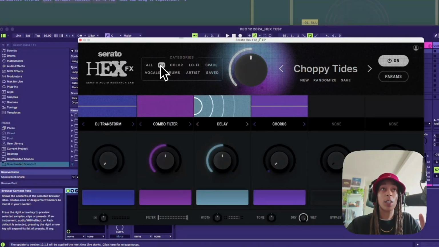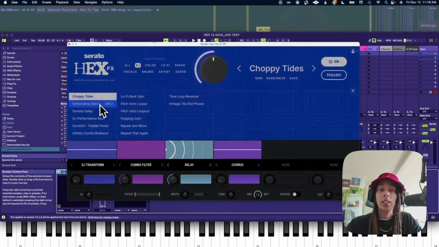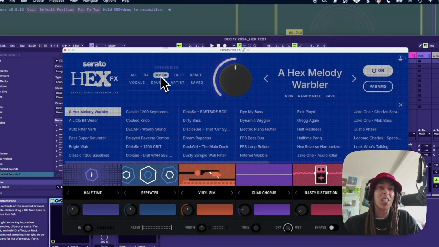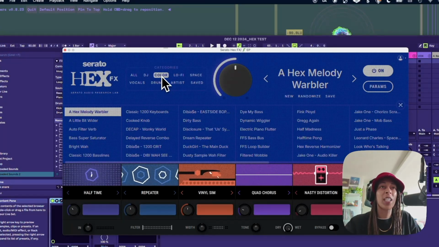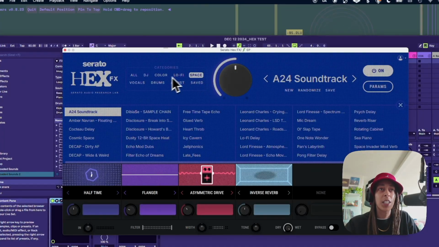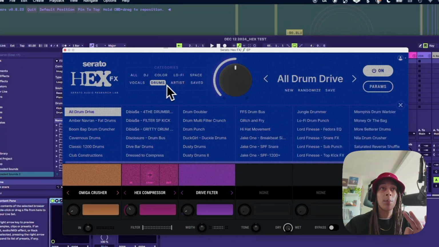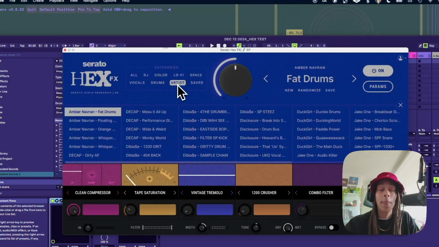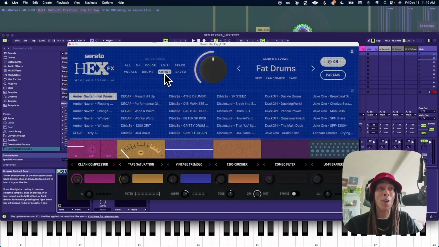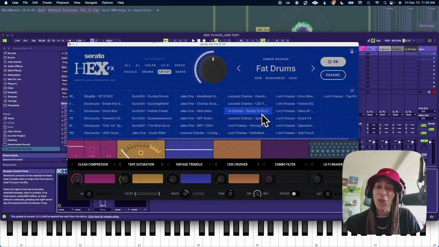So if I go to DJ presets, there's a whole list of performance effects that you can use. You got your colors to get the sample of color. You got your lo-fi section for lo-fi space, probably like your reverb section, delays, specifically presets for vocals, drums, and then you have all of your artist presets. Now the artist presets are on fire. We got Amber, Navran, we got Decat, we got DiBiase, we got Disclosure, Duck Girl, Jake One, Lord Finesse, and